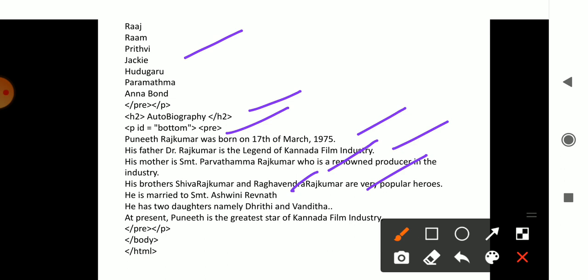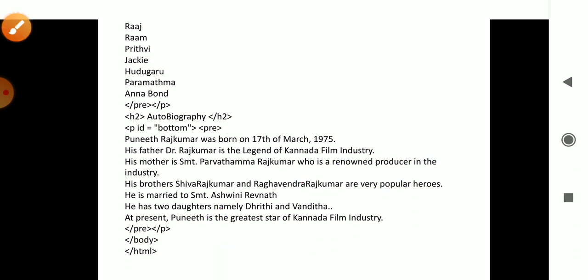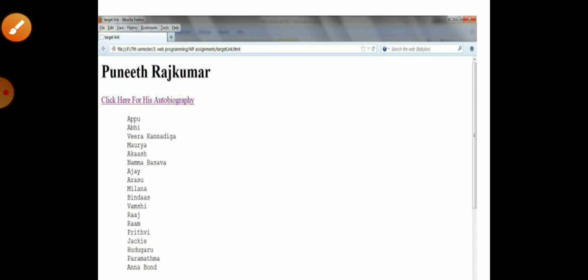He was married to Ashwini Revanath. They have two daughters, Dhriti and Vandita. He is said to be one of the greatest stars in the Kannada film industry. With pre-spacing the paragraph is closed, then the body and the HTML are closed.